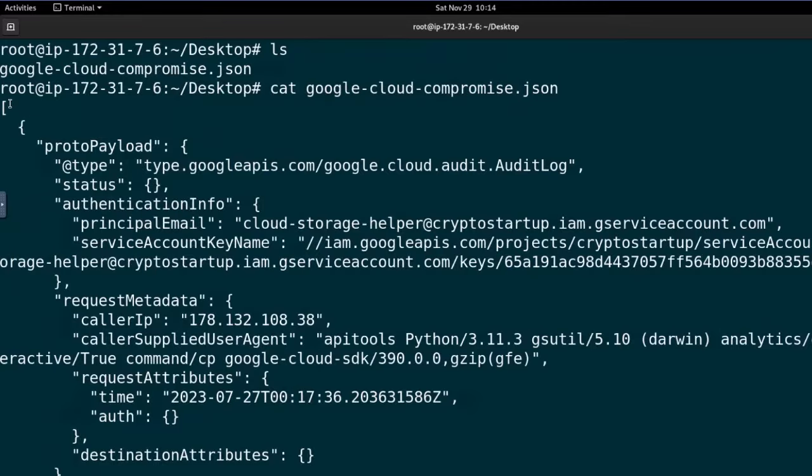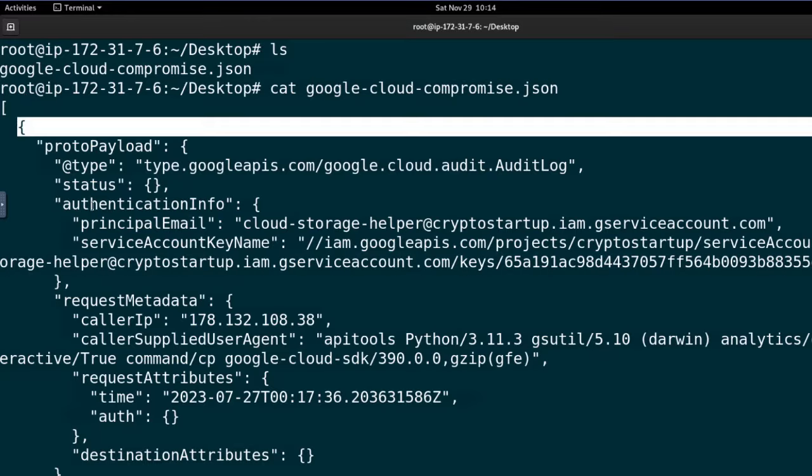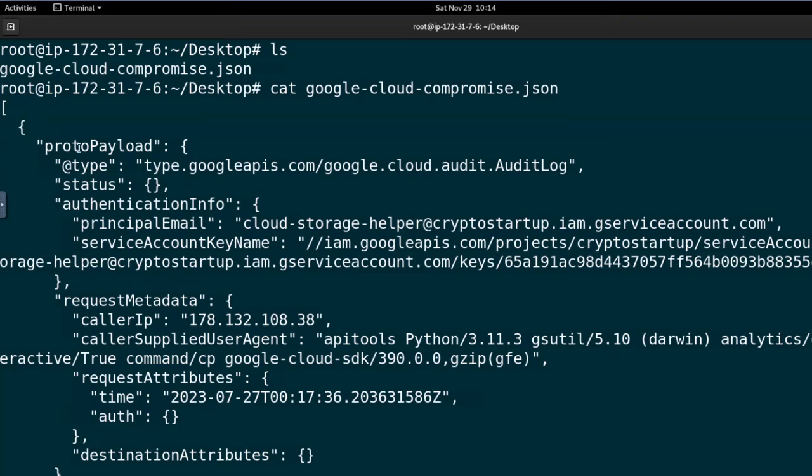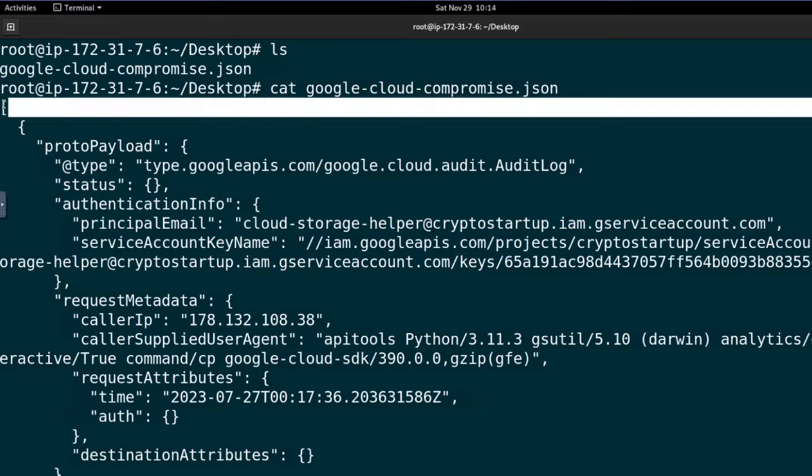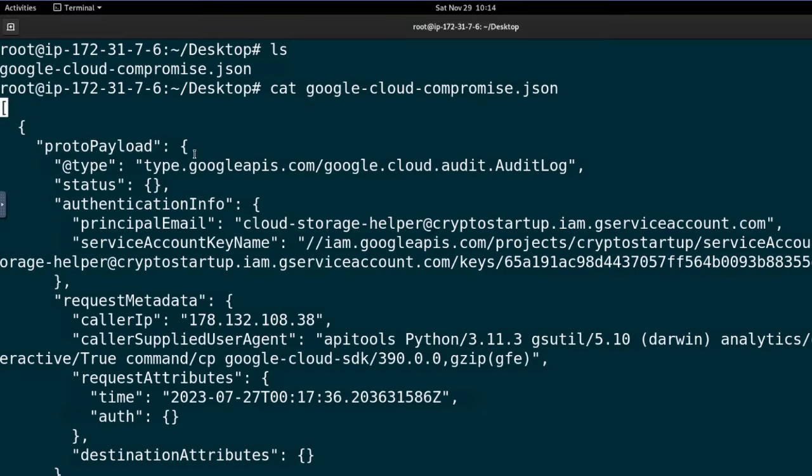You see, this indicates that here we have a top-level array. And under the array, we have a lot of objects, right? So we have proto payload. Inside the proto payload, we have fields such as type, status, authentication information. And also inside authentication information, we have another object such as principal email. And also we have service account name. So we can call this a file with a top-level array, indicated by the simple and nested objects and fields,